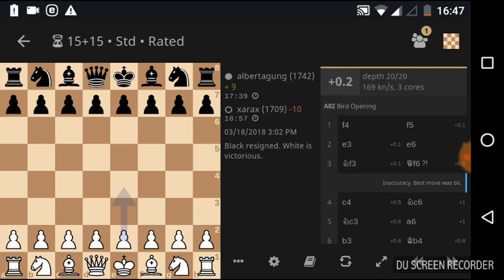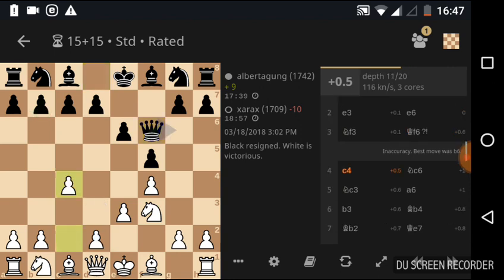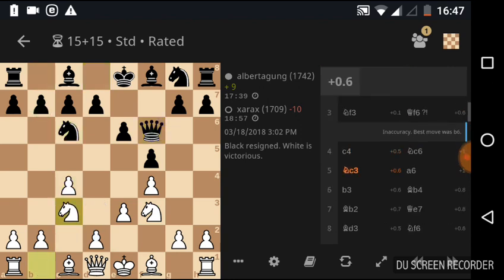I played here against xarax. My pieces were white and xarax was black. I started with f4, xarax replied with f5, bird opening mirrored, e3, e6, knight f3, queen goes to f6, c4, knight goes to c6, knight goes to c3, a6,